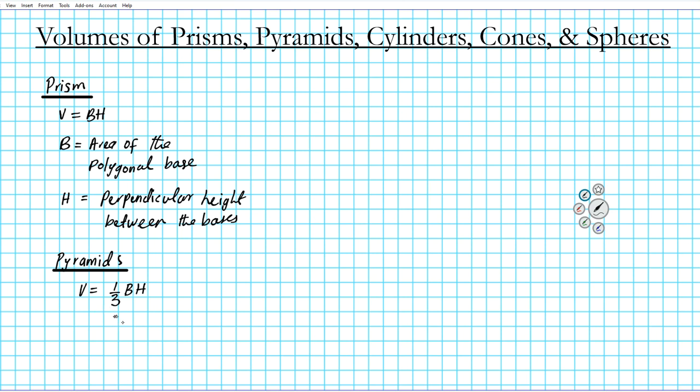So if you have a pyramid with a particular polygonal base, and then you have a prism with identical polygonal base and the same height, the pyramid will be 1/3 of the volume of the prism. Big B is the area of the polygonal base, and then big H in this case is going to be the perpendicular height